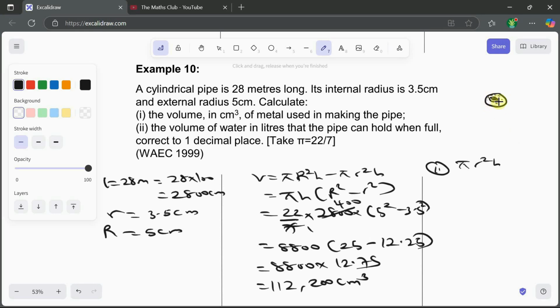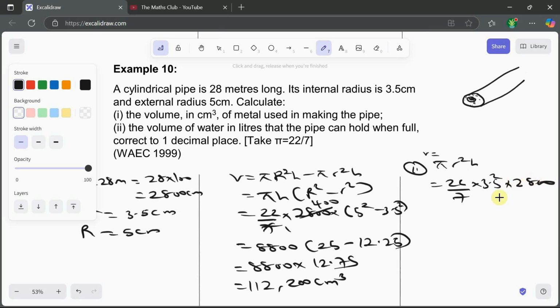I know it goes all the way down like this, so when it is full, that will be the entire distance. So the volume would be pi r squared h, which is 22/7 times 3.5 squared times 2,800. So this is 22 divided by 7 times 3.5 squared times 2,800. This gave me